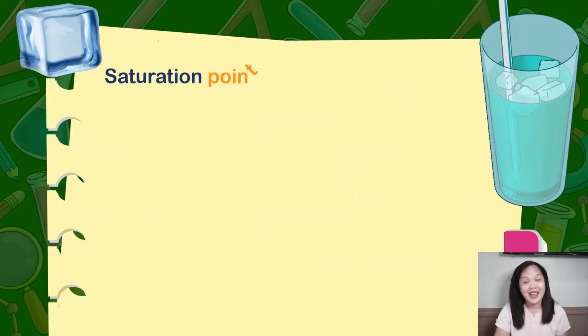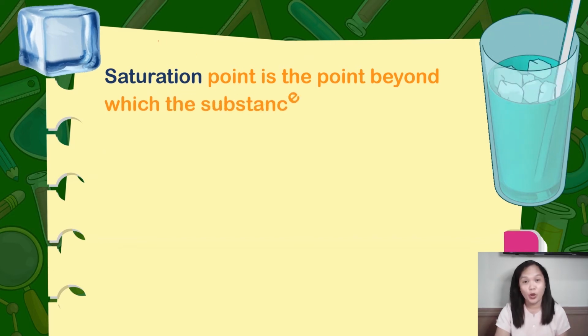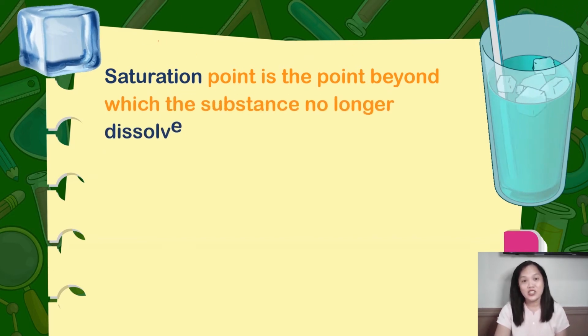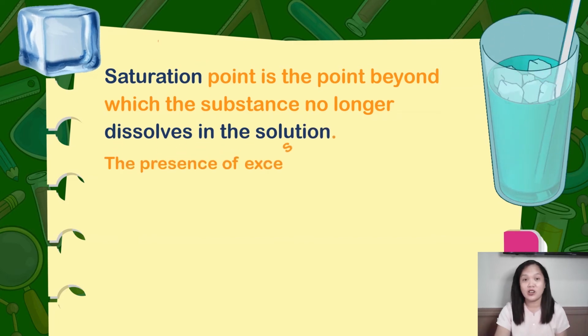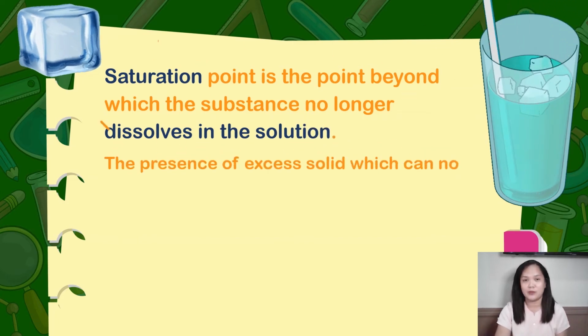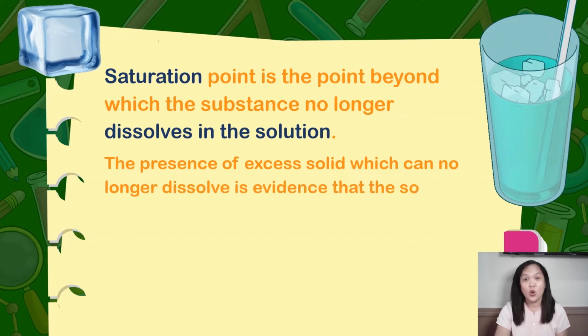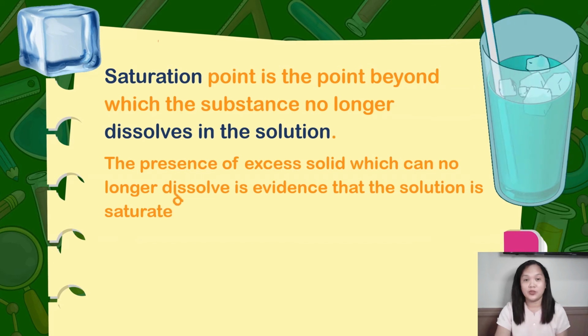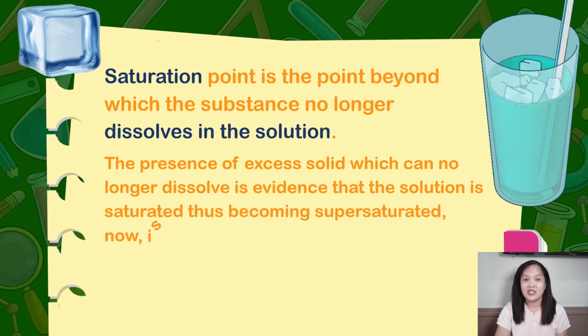And we are back, class. Let us now discuss what is saturation point. Saturation point is the point beyond which the substance no longer dissolves in the solution. The presence of excess solid, which can no longer dissolve, is evidence that the solution is saturated